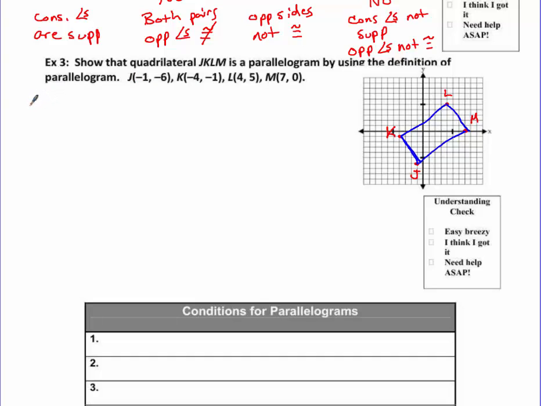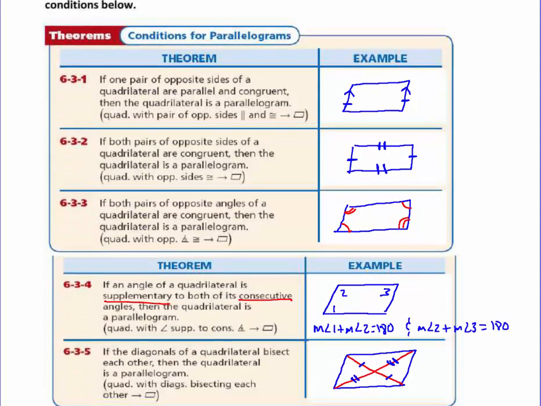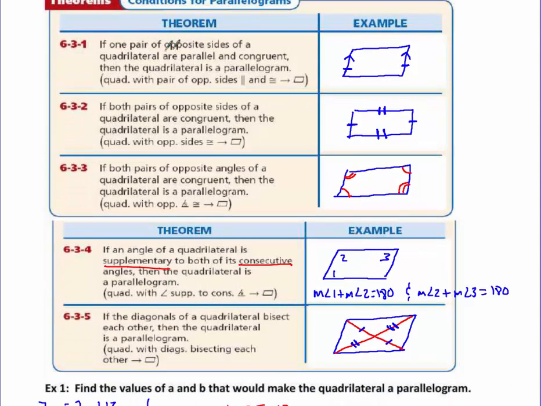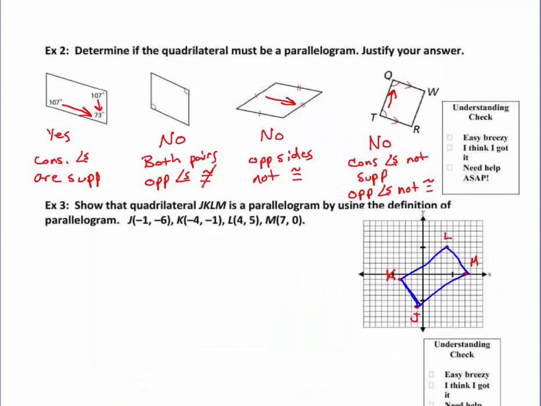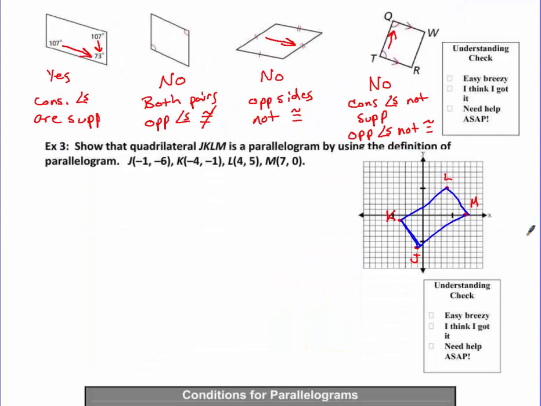Our rules say that, let's go back to our rules on the other page. If we have one pair of opposite sides that are parallel and congruent, or if we have both pairs of opposite sides are congruent, or both pairs of opposite angles are congruent, or consecutive angles are supplementary, or the diagonals bisect each other. So we can use any of those things, and if we could just prove one of them, we'd be good to go. So there's lots of things we could do. What I'm going to suggest is that we